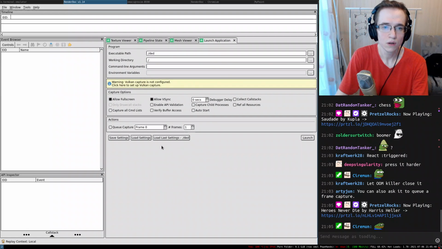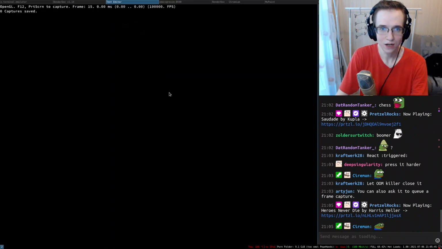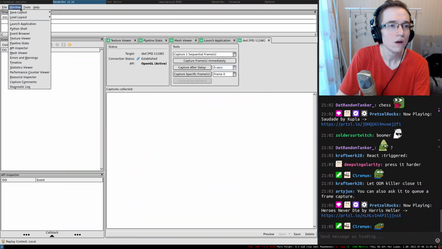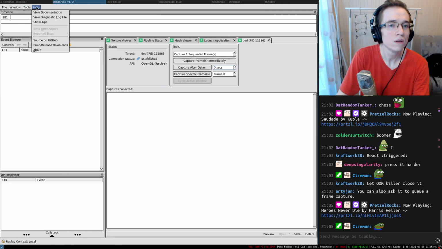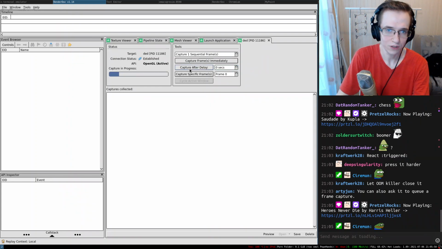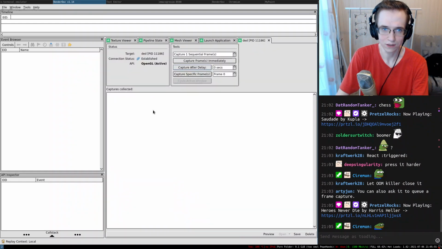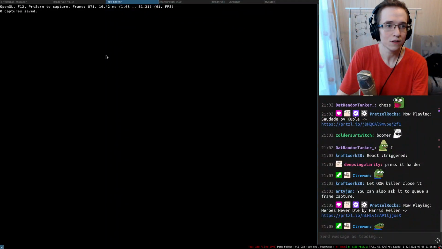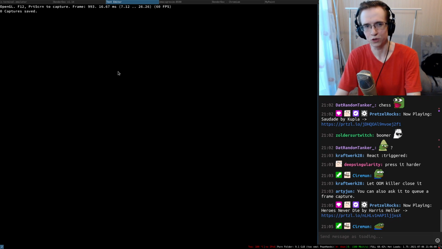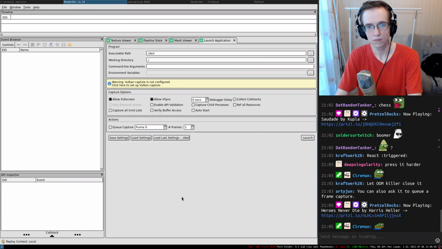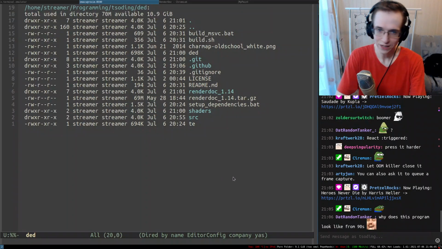So can I capture inside of this thing? Oh yeah, I can just capture it here. Okay, perfect. I don't need anything. I can just capture it like that. So did it? It still says 0 captures. Okay, this goes into the trash, I suppose.